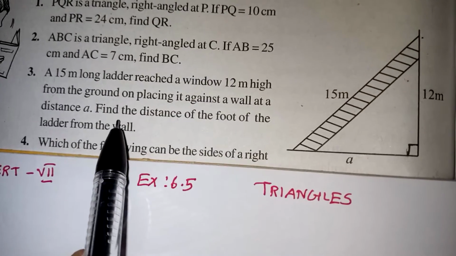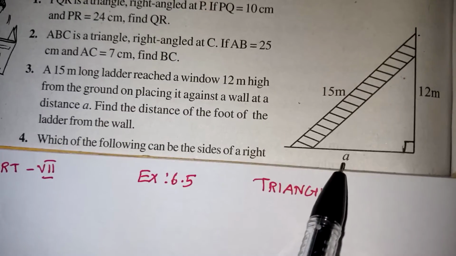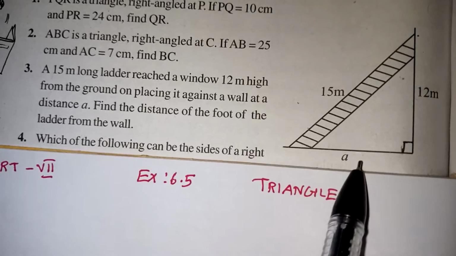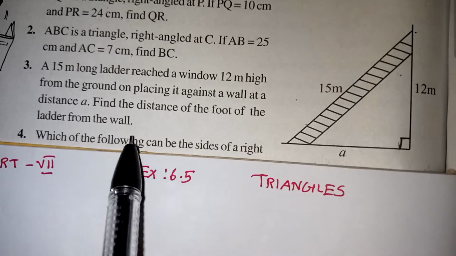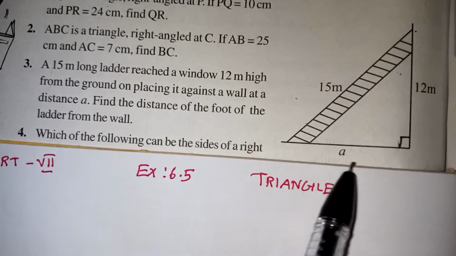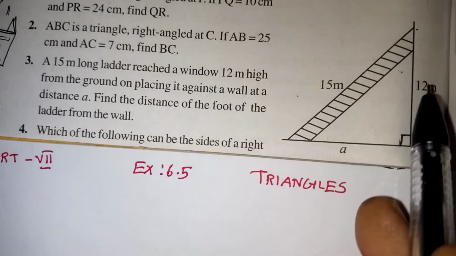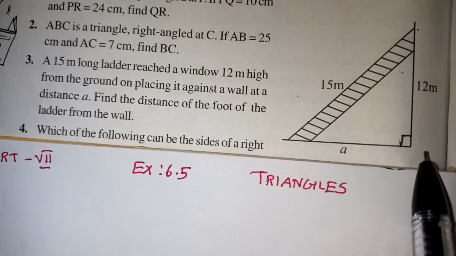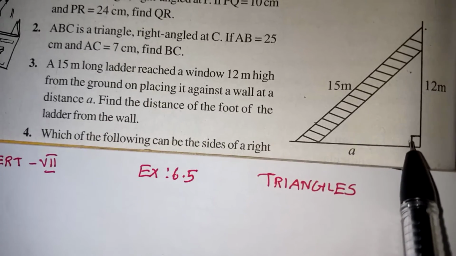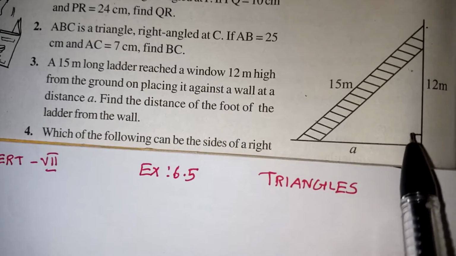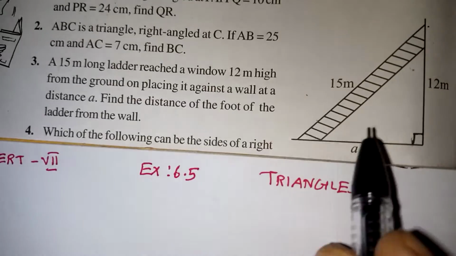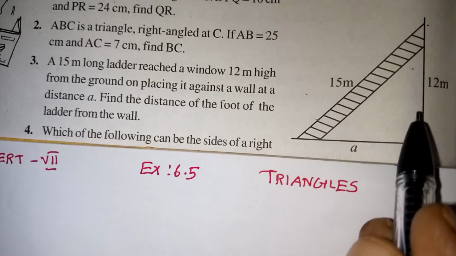Now we need to find the distance between the ladder and the wall. This A only we need to find out. So find the distance of the foot of the ladder from the wall they are asking. This A is a question mark. Look at the diagram. This is a right angle triangle because the wall and the ground will always make 90 degree. Now we can apply the Pythagoras theorem due to this right angle